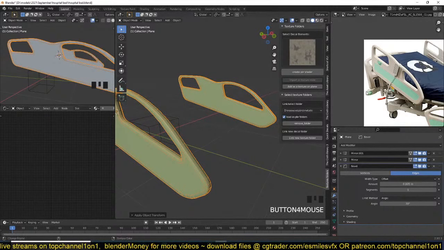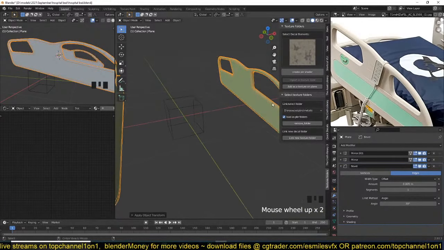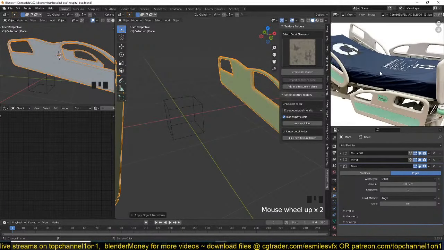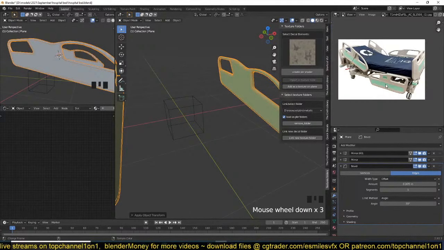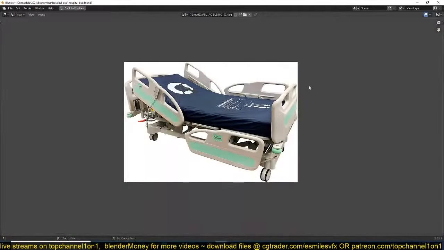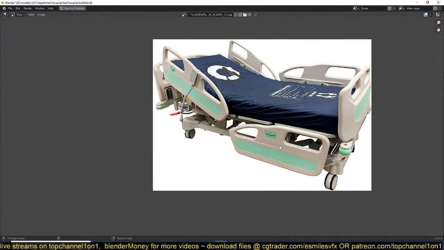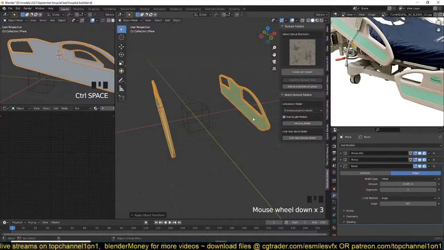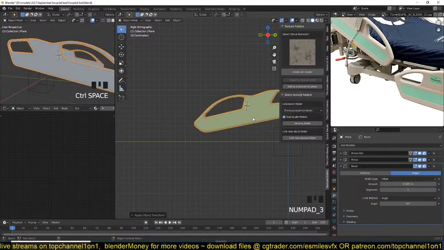Okay, so yeah, let's continue on. I think if I look closely, this shape here is the same as here, so we don't really have to model them separately. So what I'm going to do is just go to side view,